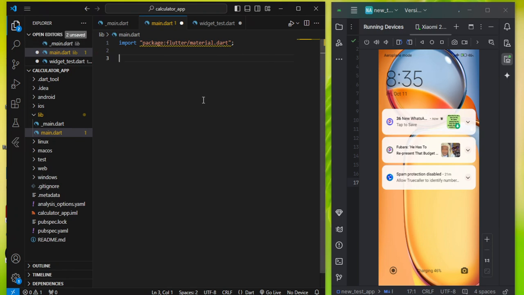Native design, right? So we need to import this package for us to be able to have access to those classes and everything that we can use to develop applications that look like that, right? So the next thing we're going to have is the void main, right? And if you watch the Dart video, or if you already have understanding of that, the main function is the entry point of the program, right? So there's a particular function called runApp that is going to kickstart the application. So we have runApp, and then when we do that,